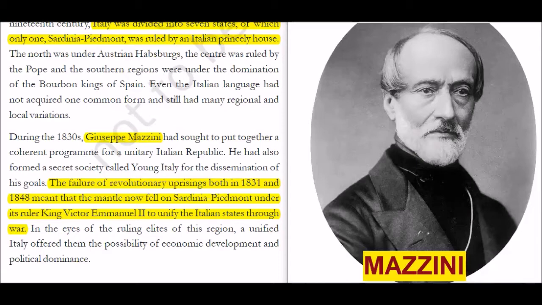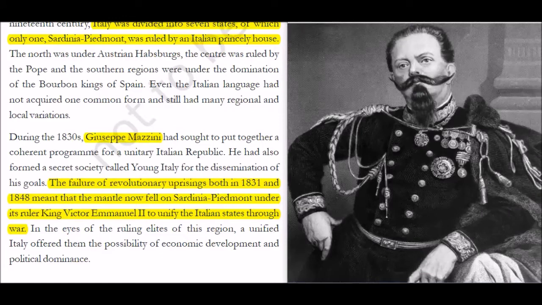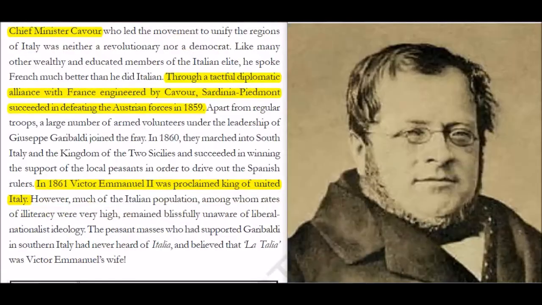He had also formed a secret society called Young Italy, but the earlier attempts failed, and now the mantle fell on Sardinia Piedmont under its ruler King Victor Emmanuel II to unify the Italian states through war. Chief Minister Cavour led the movement to unify Italy